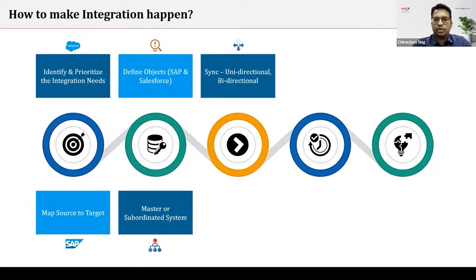Now the ERP system has to confirm that particular order and will give a status of what is happening in the entire order lifecycle process, whether it is in progress or it has been dispatched or it has been delivered. So all those data has to come back again to Salesforce. So this is where the synchronization becomes bidirectional.